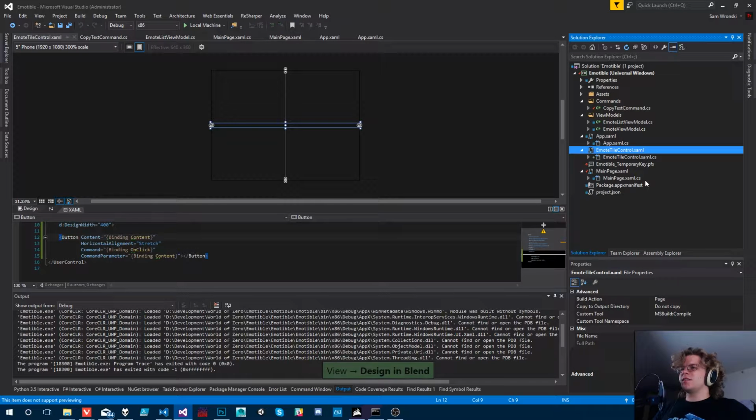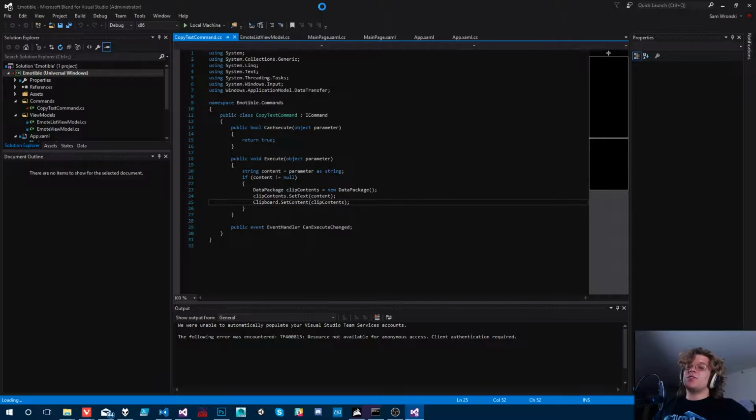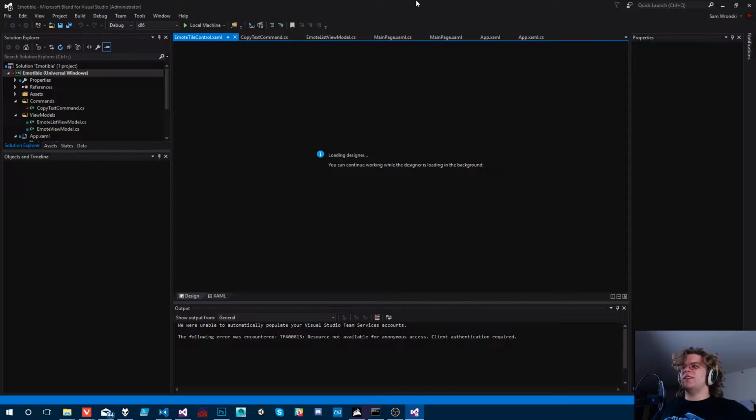So, does this work? Design in Blend. Pretty sure my Expression Blend is totally broken. I don't think it works. Pretty sure it's just dying now. But Expression Blend is a tool for UI work. Oh, here he goes. And so it looks very similar to Visual Studio, and it gives you